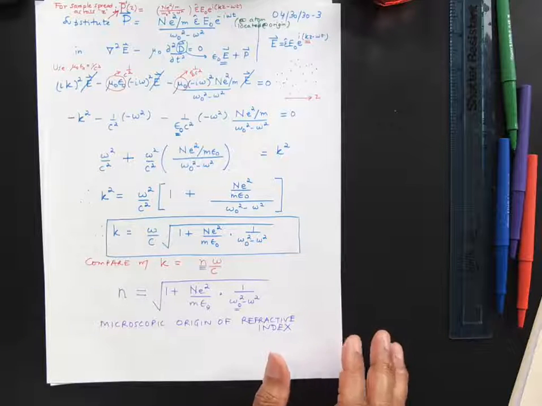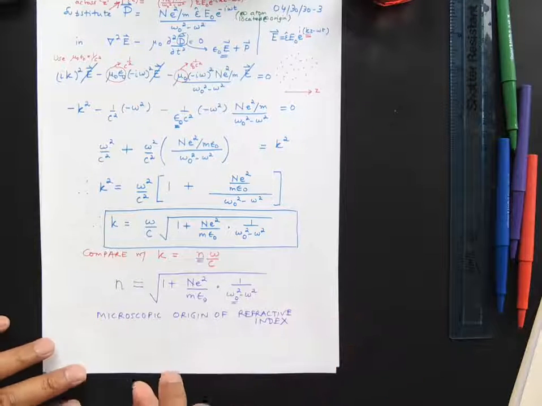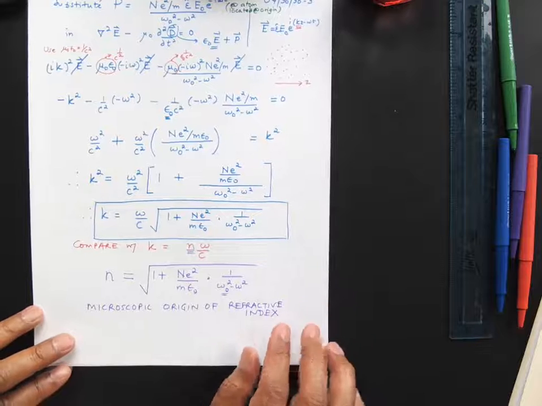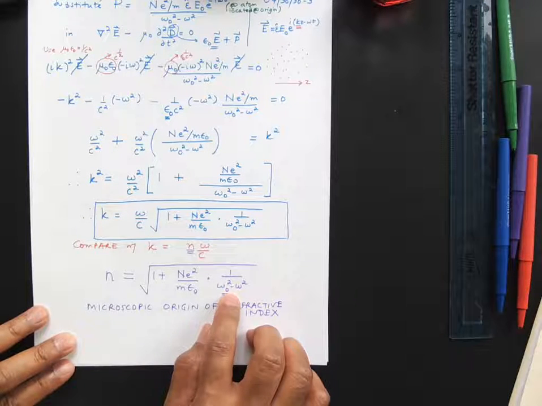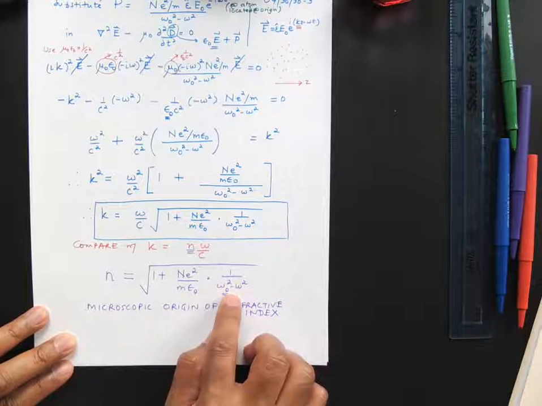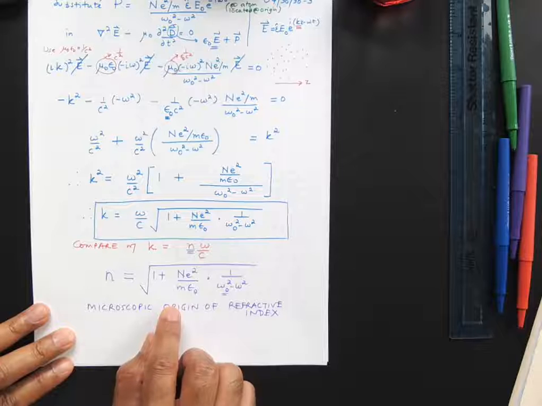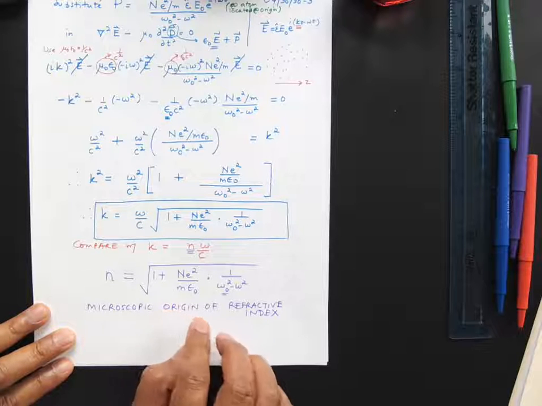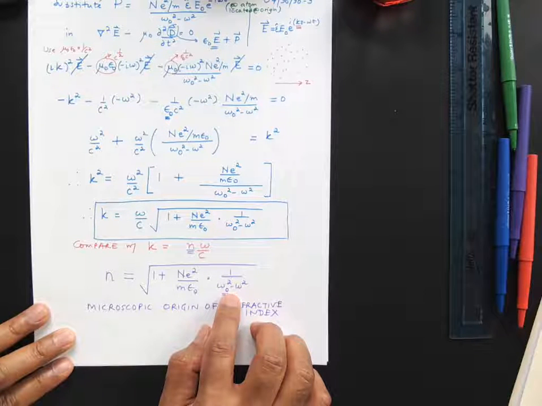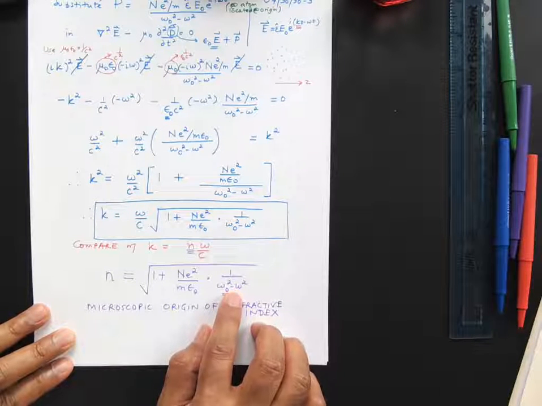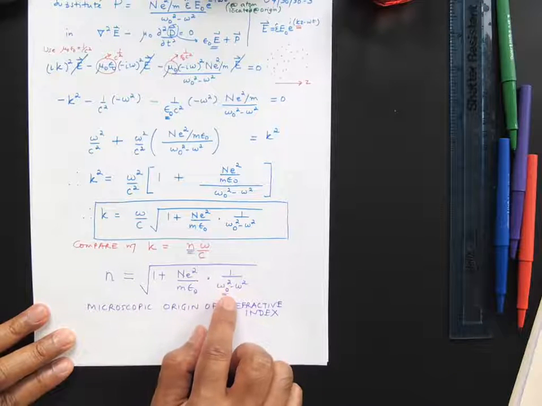And so, Lorentz, his only purpose, and of course we still have to fix this up because right now the refractive index is blowing up on resonance. The only purpose Lorentz had was to include resonance somehow into the picture, because there's so much interesting stuff that happens at resonance. What we'll find is that the absorption goes through the roof. The real part of the refractive index also does a weird number.